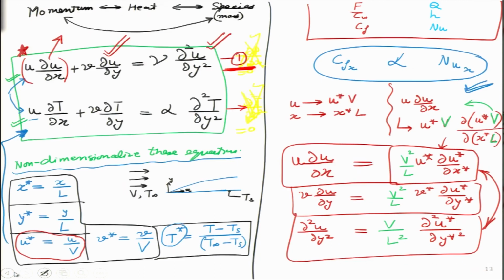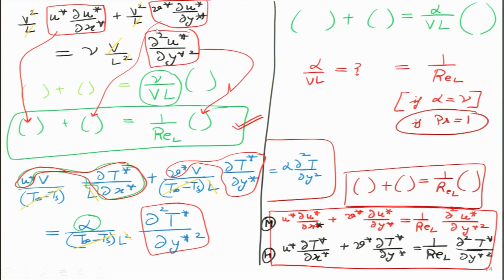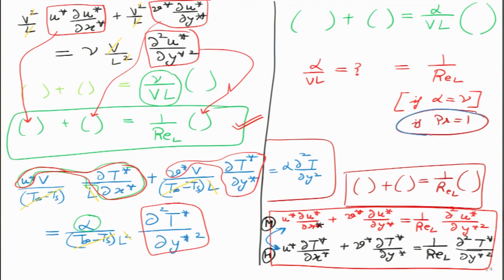All I was trying to say when I started this particular topic over here, which is the momentum, heat and species analogy. Analogy means similarity. So, if there is a similarity between them, now we can clearly see, we just replace T by U and we will get the same equation. So, temperature field can be replaced by velocity field, that is what it is suggesting over here in the non-dimensionalized form. Under which conditions? Under this condition over here. And of course, this whole thing has been done for the laminar case.